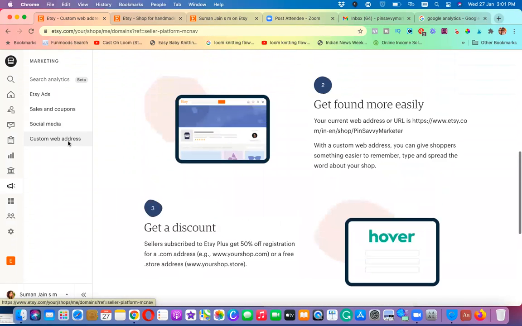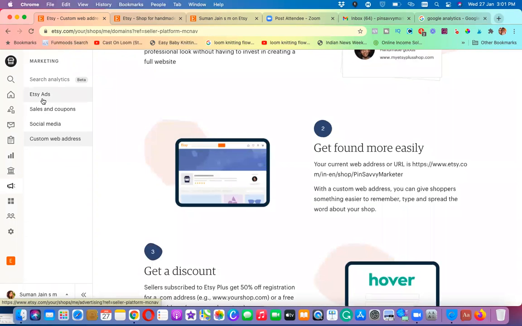Okay. So an Etsy ad is nothing but simple. You just have to unlock it, and every day minimum is like $1 a day you can spend, and maximum is $50 a day you can spend. But you can spend it on the entire set of your listings, or even on just one of your listings. So anything you want, you can do it. You can select what products you want to promote and stuff like that. Even that is possible on Etsy.